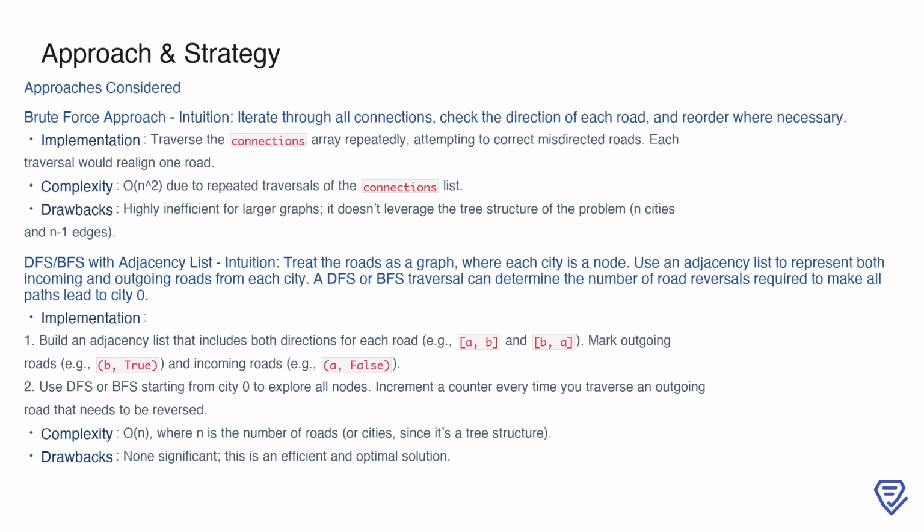For instance, an outgoing road might be marked as true, and an incoming road as false. By performing a DFS or BFS traversal starting from city 0, we can explore all nodes and count how many outgoing roads need to be reversed. This approach is significantly more efficient, with a time complexity of O(n), and it directly utilizes the tree structure of the problem. As a result, it avoids the inefficiencies of the brute force method and aligns well with the problem